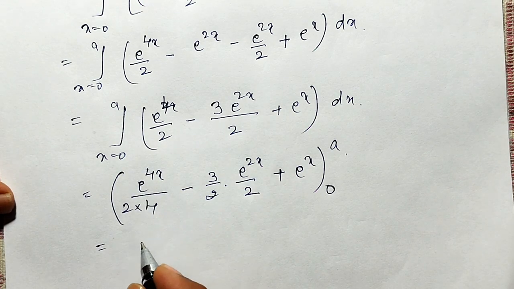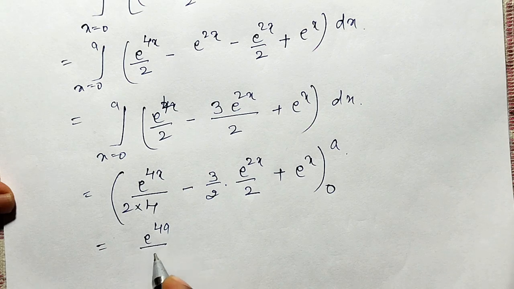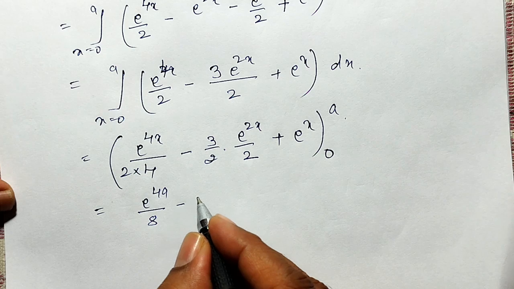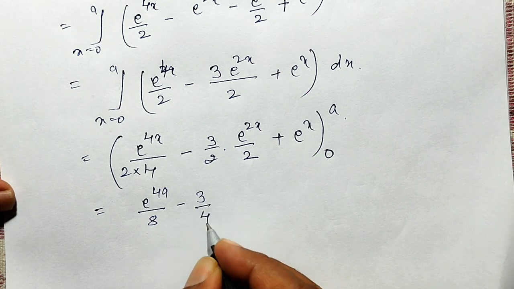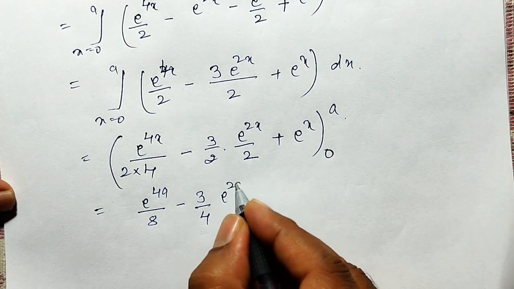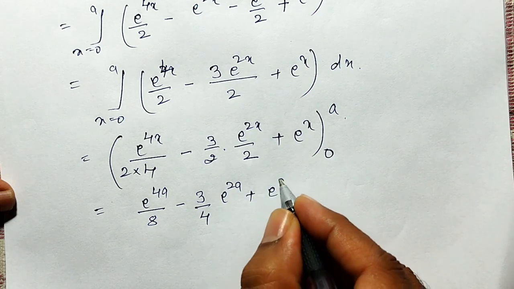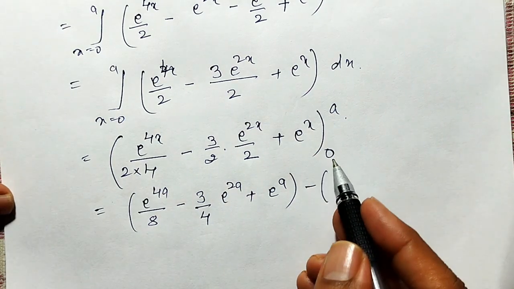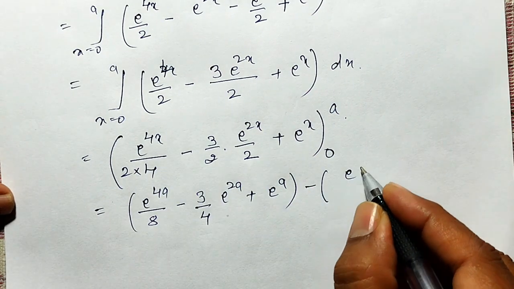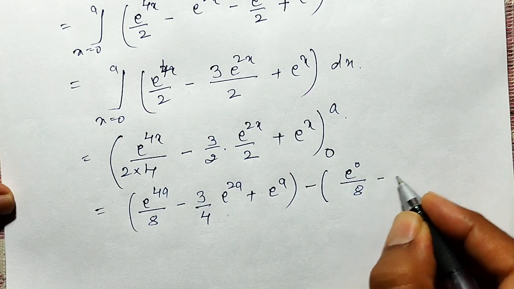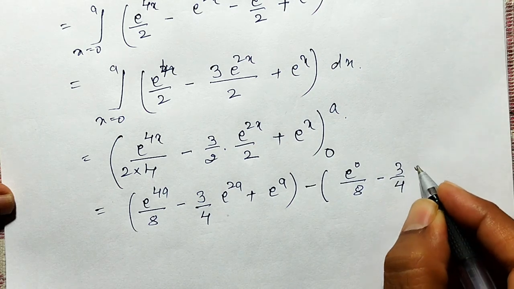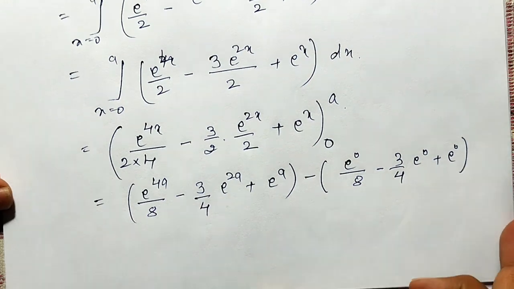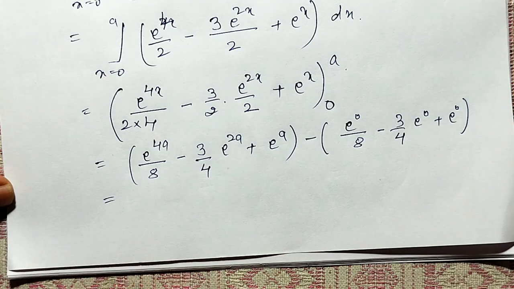I will get e raised to 4a divided by 8, correct, 4 into 2 is 8, minus 3 divided by 4, 2 into 2, e raised to 2a plus e raised to a. This is my upper limit minus lower limit, x equal to 0 to substitute. Therefore, e raised to 0 divided by 8 minus 3 by 4 times e raised to 0 plus e raised to 0. This one I have to simplify and I can write it as my final answer is